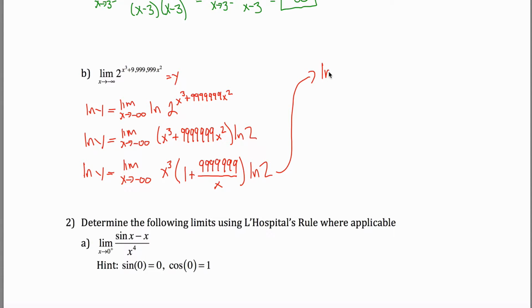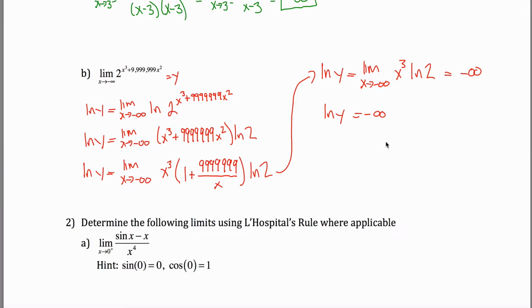So what that tells me is that the natural log of y is just equal to the limit as x approaches negative infinity of x cubed times the natural log of 2, which is just negative infinity. Negative infinity to the third power, if you want, is still going to be negative. And it tends towards infinity, and multiplying it by a positive constant makes no difference. What I'm saying is the natural log of y is equal to negative infinity,